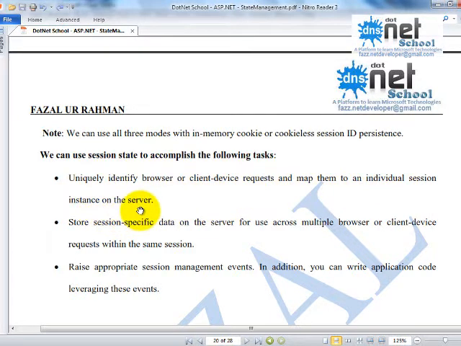See, when the user's session is destroyed, you may want to store some information for the next time. At that time you need to store session information, because you cannot store everything in the web server. The web server is limited in size.